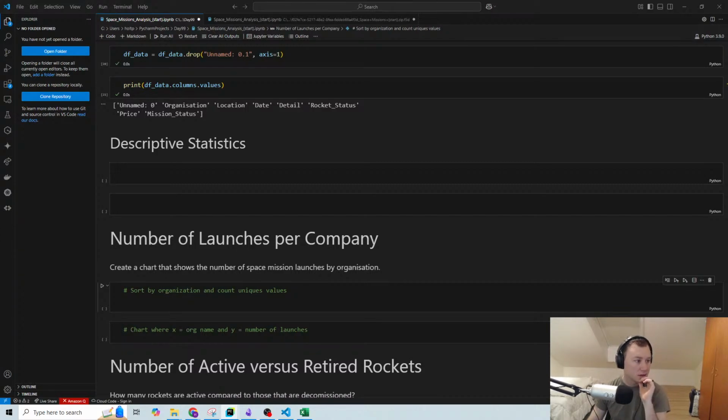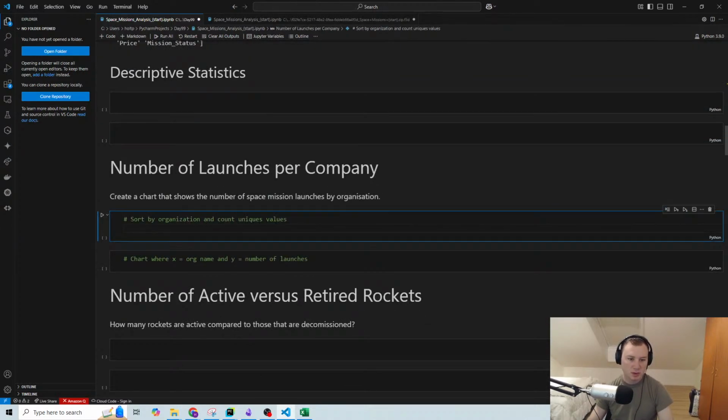Probably gonna be this. You want to group by year. Although in this one, we want to actually, okay, so for the number of launches, I'm in the wrong thing. So sort organization by count and unique values. So we want to say,